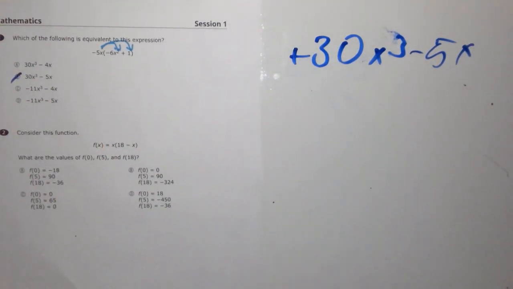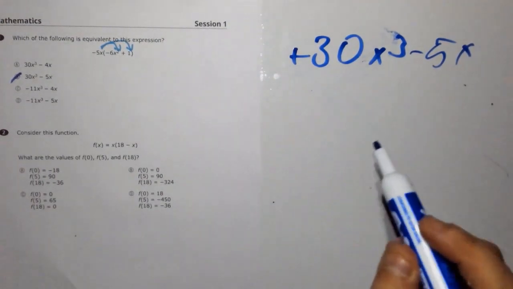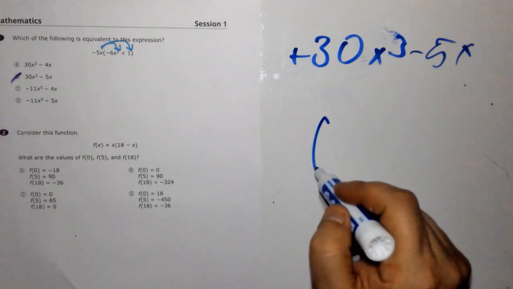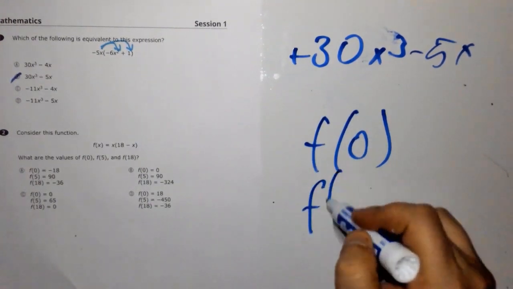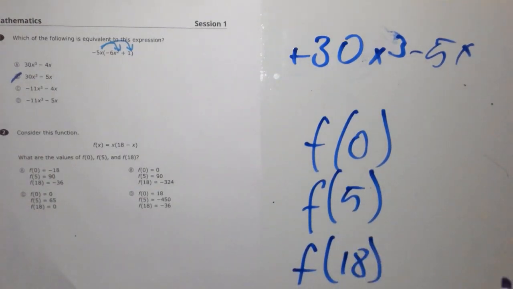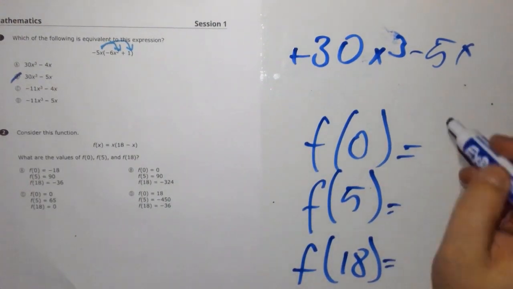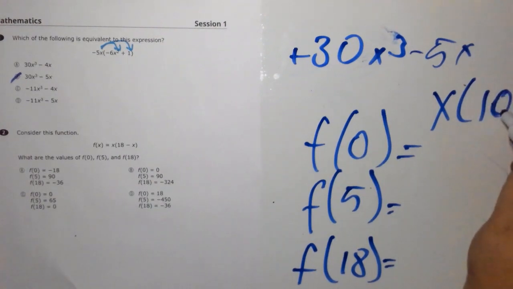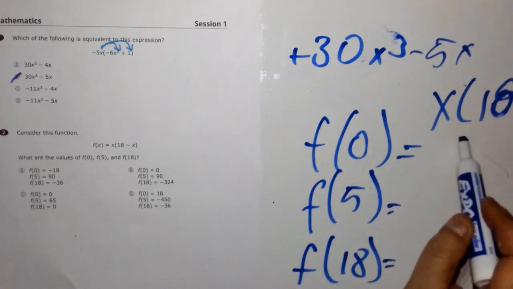Next question. Consider this function: f of x equals x times 18 minus x. What are the values of f(0), f(5), and f(18)? This is very easy, guys. When they give you numbers like this in the place of x, that means plug in those numbers in the place of x. My equation is x times 18 minus x. So when I put 0, no matter what I do, it's going to end up